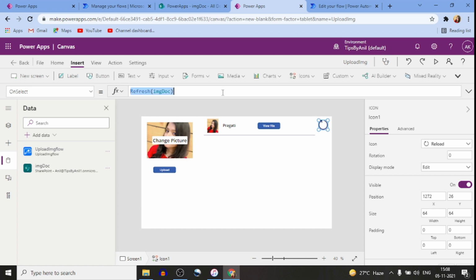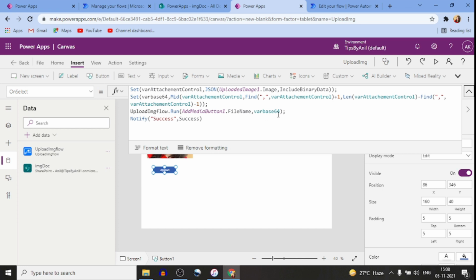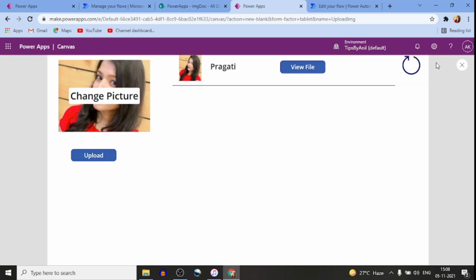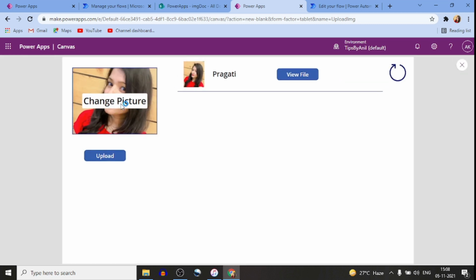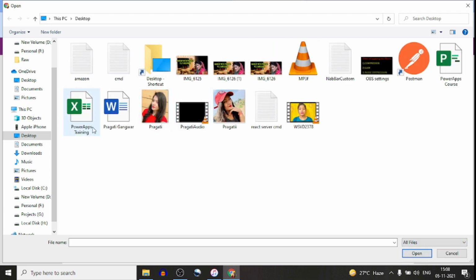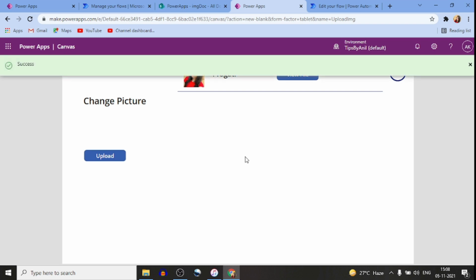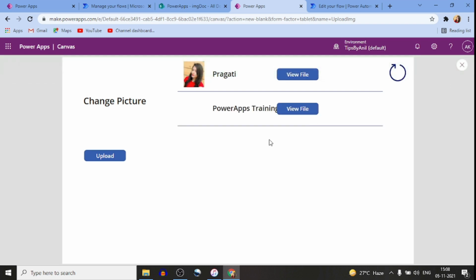This refresh image doc you can use here as well, so while uploading the image, this refresh will automatically hit. Now suppose I change the image. I will choose all files and Power Apps Training, click on this upload, and refresh it.